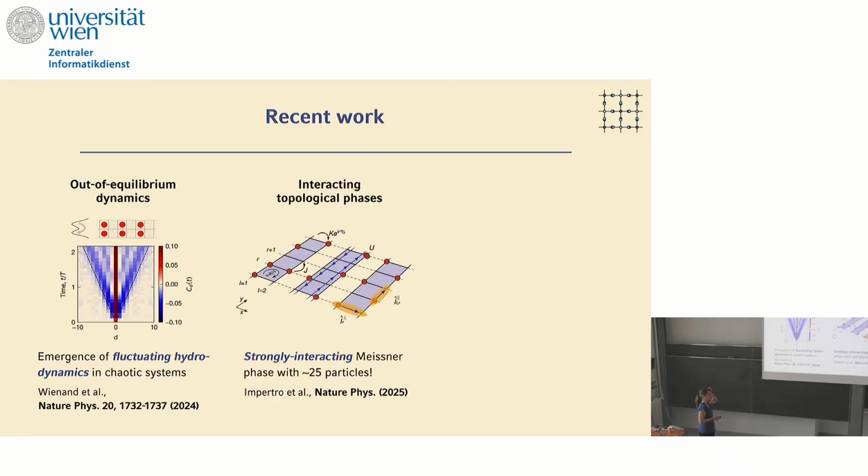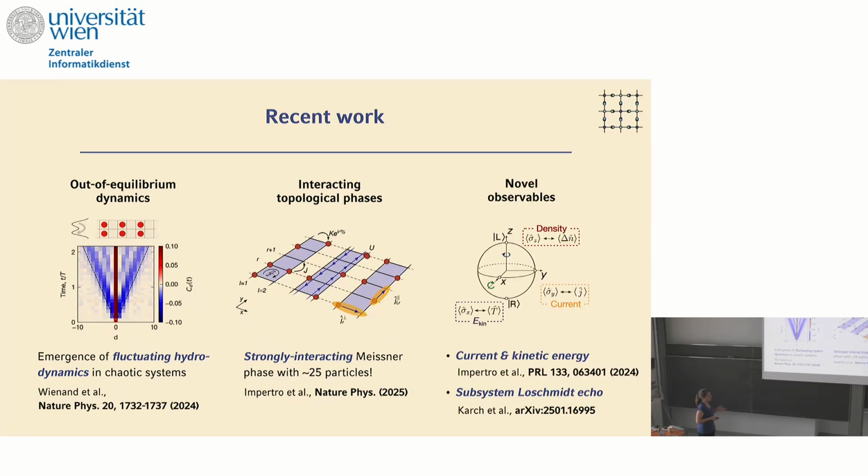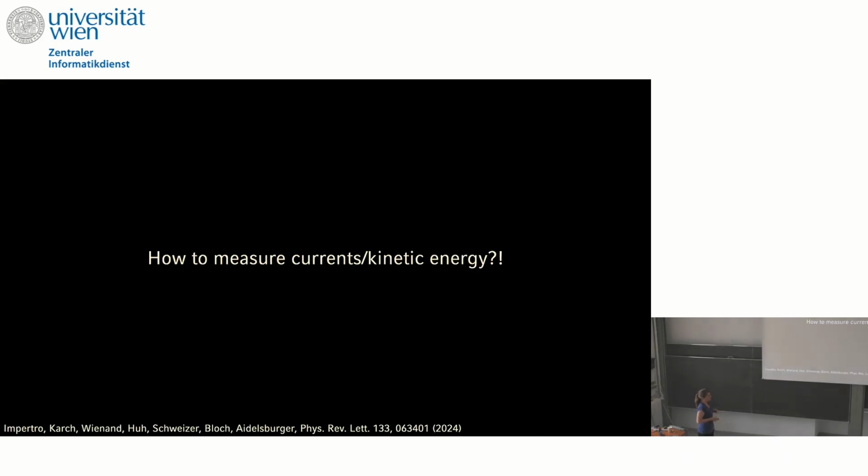A second project that we have worked on recently is combining these ladders with an artificial magnetic field. We have realized strongly correlated Meissner phases in these systems that are characterized by emergent chiral currents at the boundary of the system, which we have measured with a technique that I will explain in the following. So here I will mostly talk about non-equilibrium physics and novel observables that allow us to extract information, in the second case in a thermodynamic limit, about the properties of the quantum many-body system that we have prepared in the lab. So I will mostly talk about these two projects and start with the first one, which was motivated